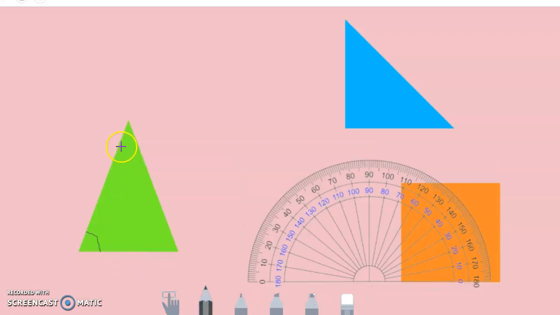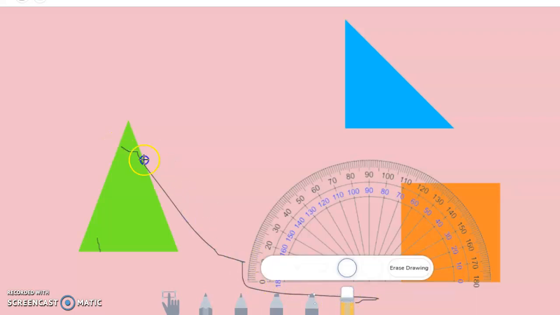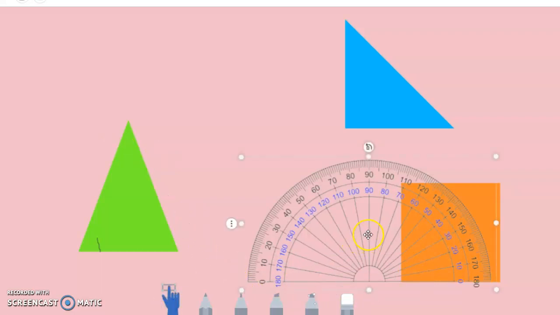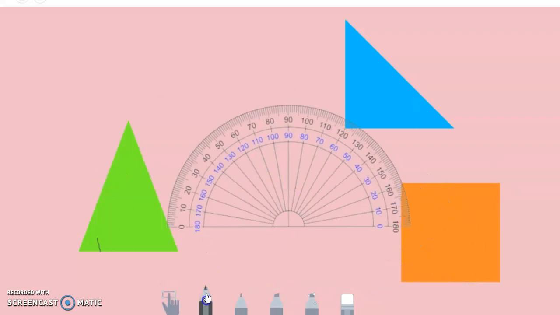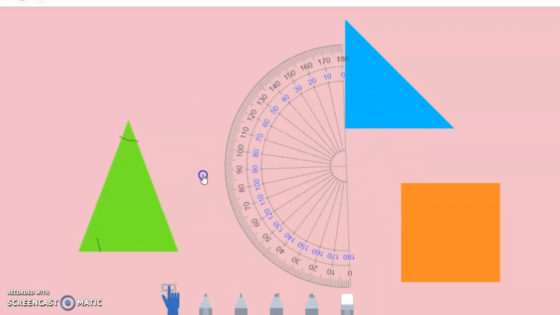If I wanted to find this angle, whoops, well, that wasn't supposed to happen. And I can't get the eraser to work. Okay. Oh, there we go. If I want to find this angle, I take my protractor, I'm going to spin it